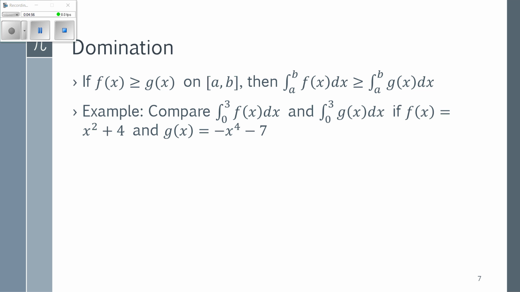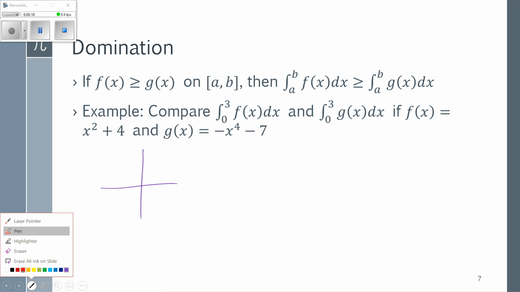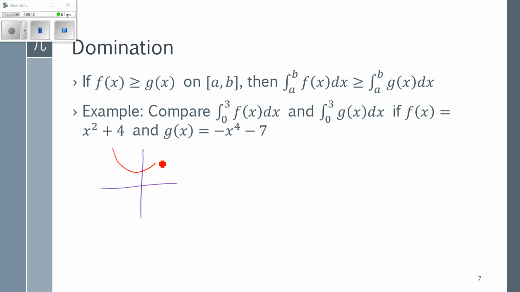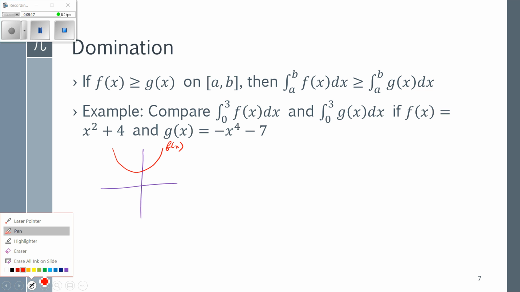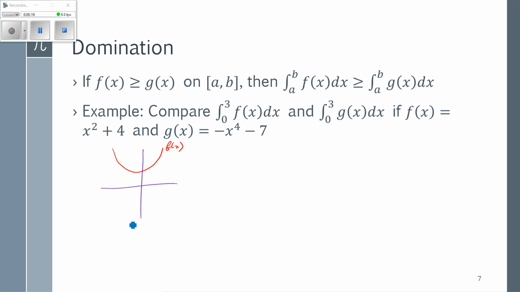And what it basically means is it comes back to our areas. Because if f is always bigger, their rectangles are always taller, so the areas will have to be bigger. But to give a quick sketch of what this could look like, if f is x squared plus 4, so this would be f of x, and g of x is negative x to the 4th minus 7, and I say I'm going from 0 to 3,